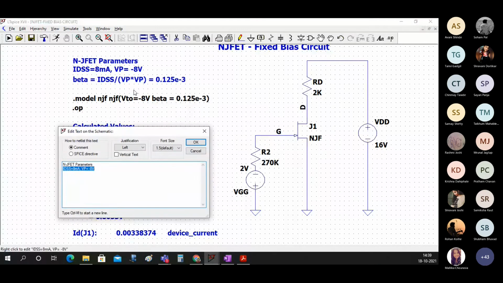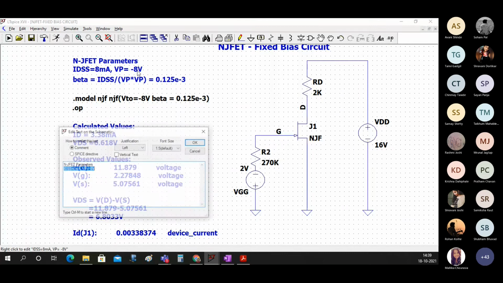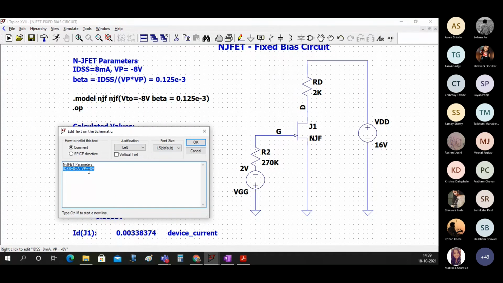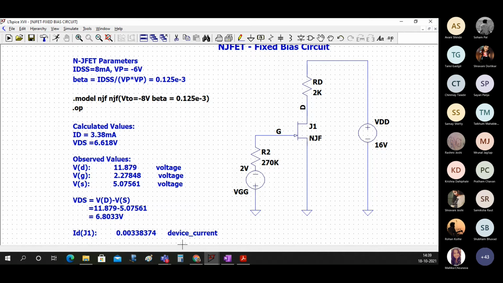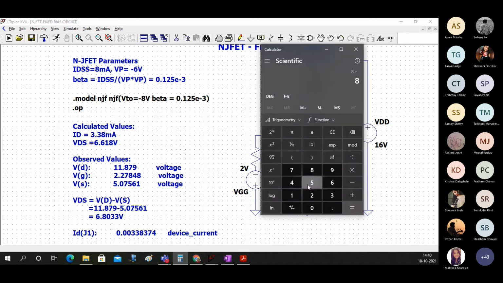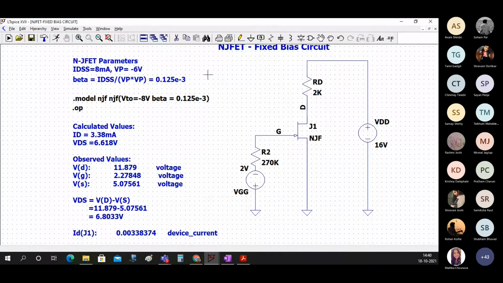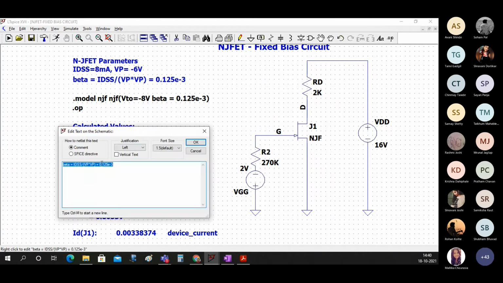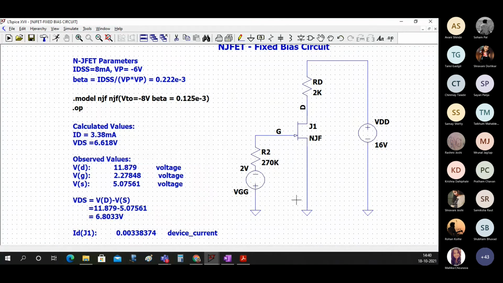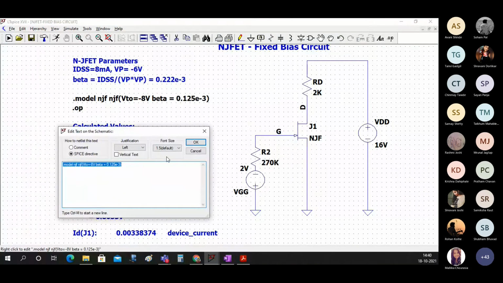What is the value of IDSS? 8 milliamperes, correct. VP is -6. So 8 divided by 36 is 0.222. Change this line.